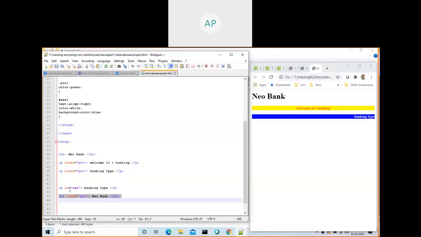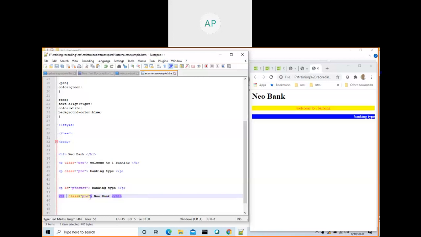ID also, but ID should be unique across the HTML document. See, the value of ID is PRODUCT. The ID value should be unique across the HTML document, so you cannot create an ID equal to the same name. Two HTML element tags should not have the same ID value.